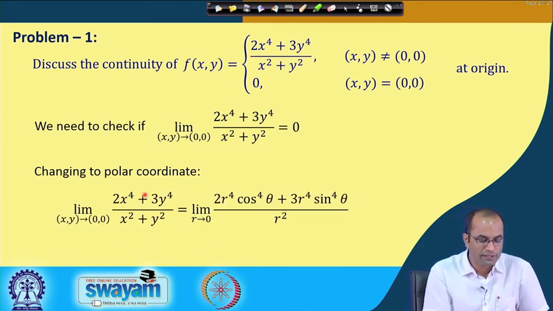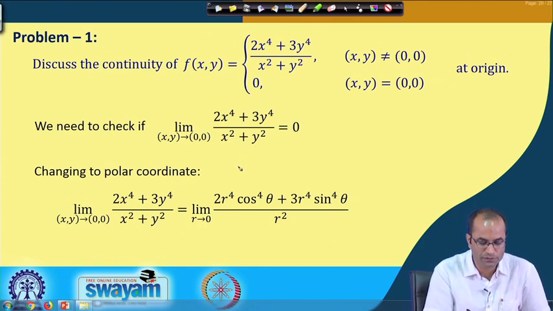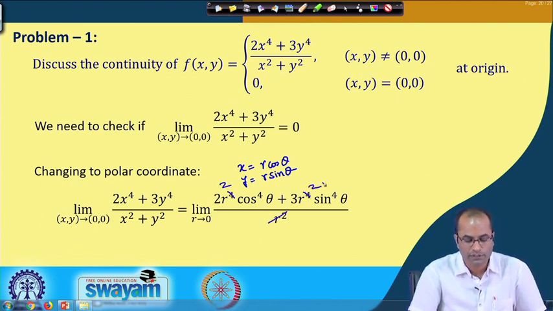So, in this case, when we change the coordinate from x, y to r, theta, we substitute x equal to r cos theta and y equal to r sin theta. By doing so, we get here 2 times r^4 cos^4 theta plus 3 r^4 sin^4 theta, and then here r square cos square theta plus r square sin square theta, which becomes r square. So now this r square will get cancelled with this. So here also we will get 2, and now we have